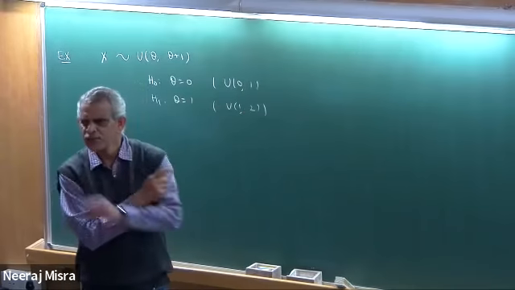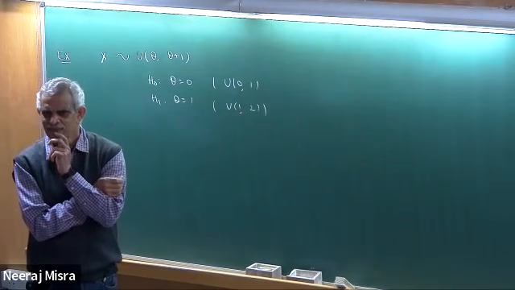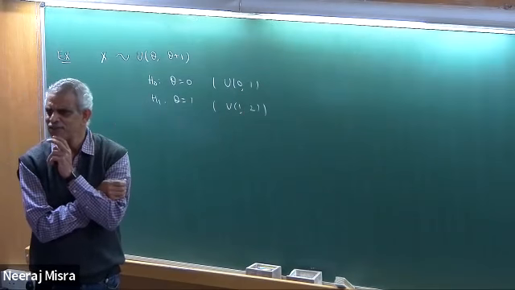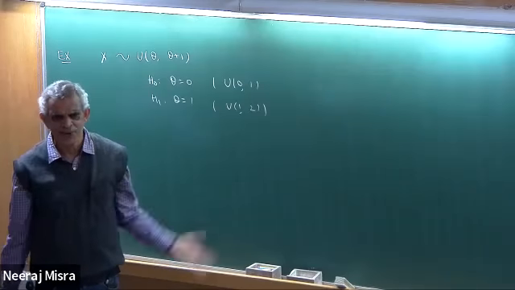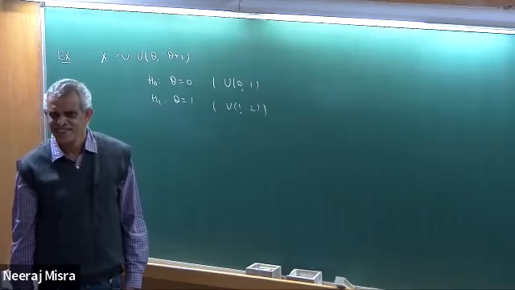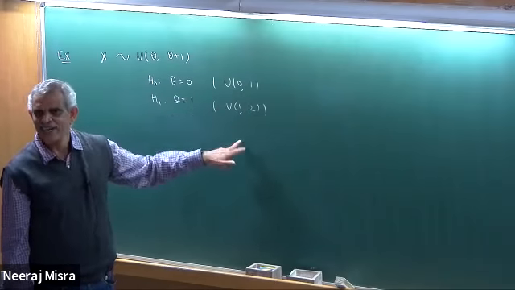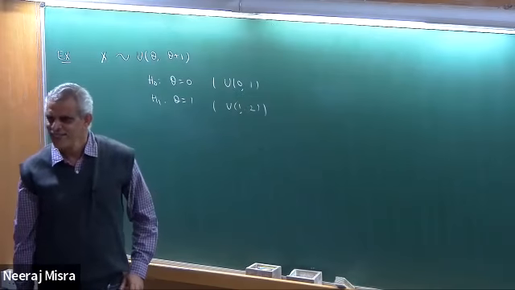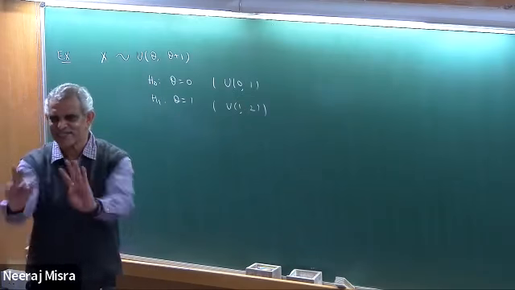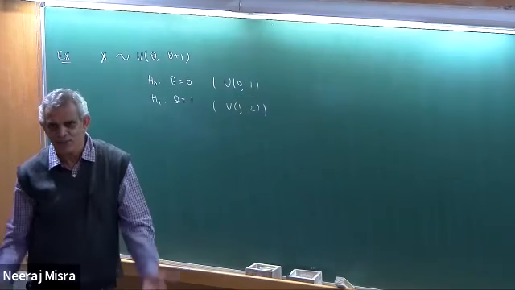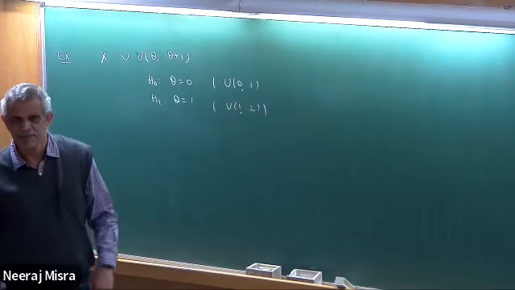Now I would ask you to use your statistical mind to test this hypothesis. There's nothing very great about it. Just use your common sense. You don't need anything else. Under H0 your support is (0, 1). Under H1 the support is (1, 2). So if you're observing X and X lies between 1 and 2, you reject. That looks like a trivial test. That would be the best test one can consider. But let us see what the Neyman-Pearson lemma says.